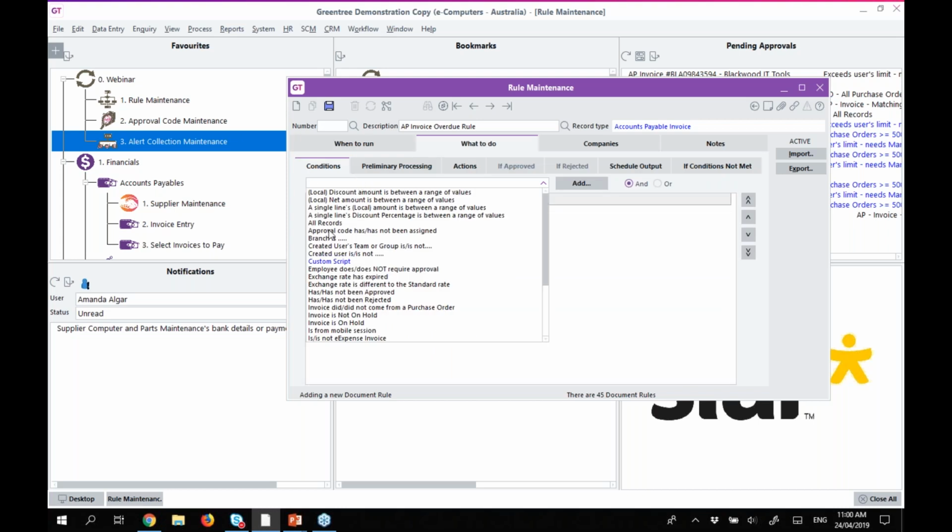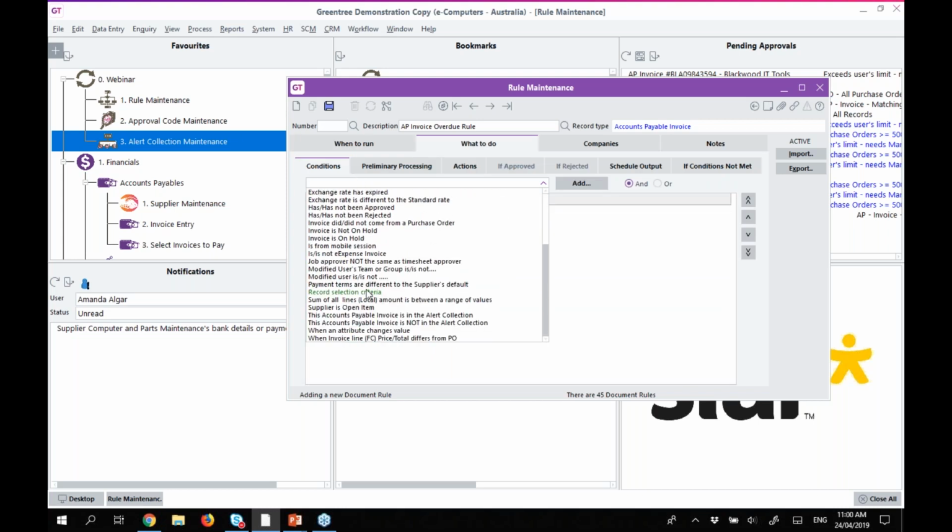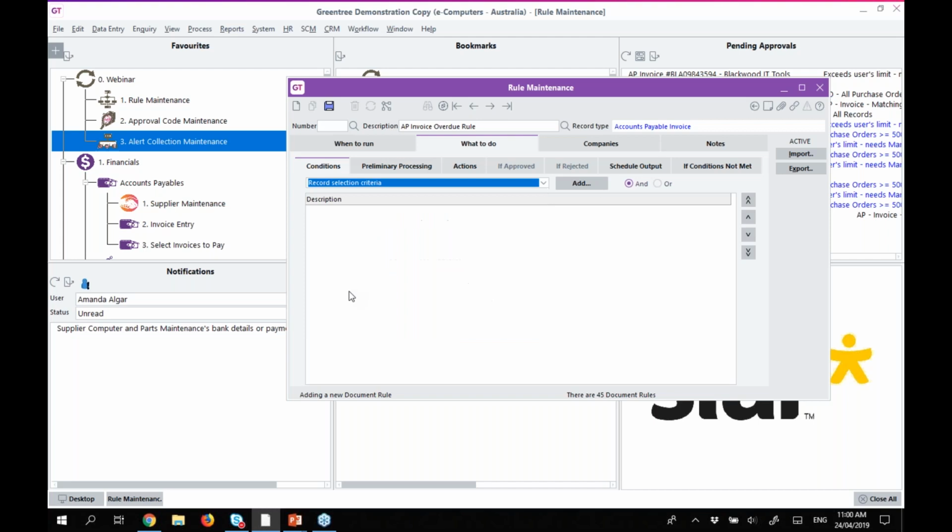Come in with your conditions. So this would be a couple of things. So for starters, one of the questions was show the invoices that are due for payment for a selection of supplier codes. So the supplier codes first will come in, record selection criteria,